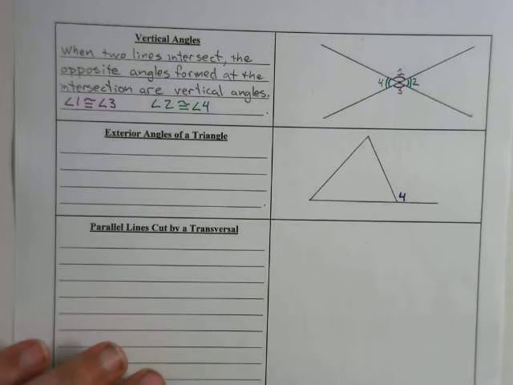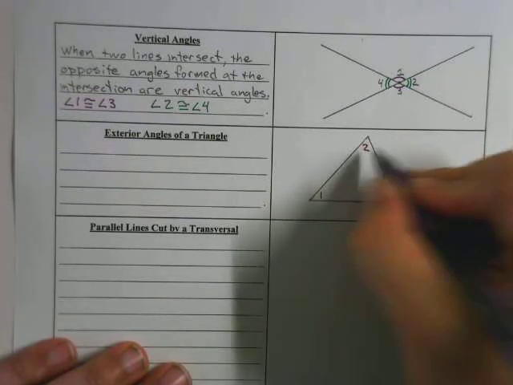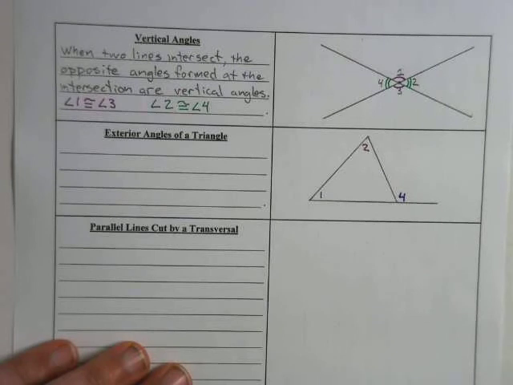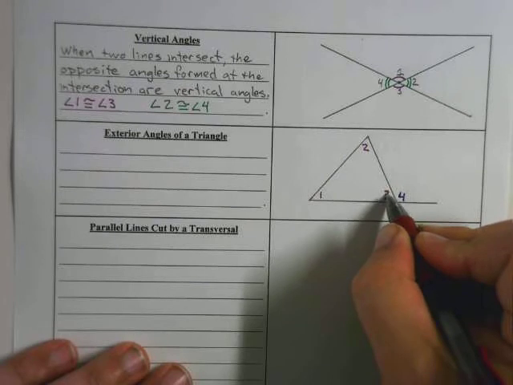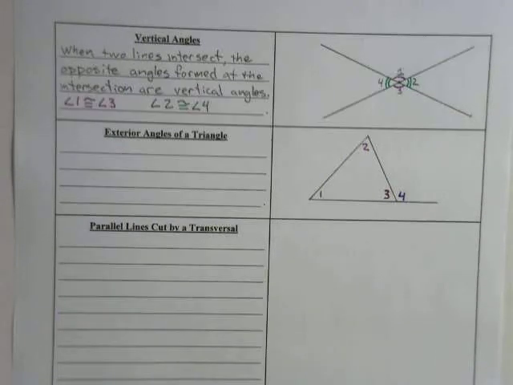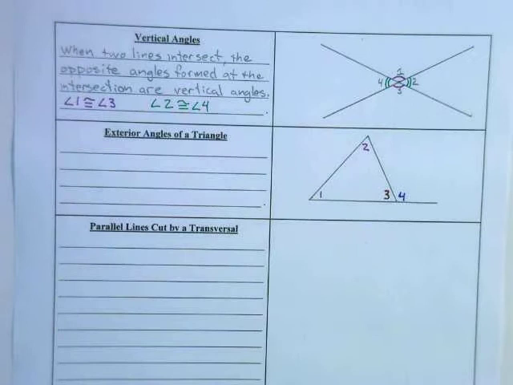And on the inside we have angles 1 and 2, but then we also have angle 3. Okay? So what is so special about these angles? Well, what ends up happening